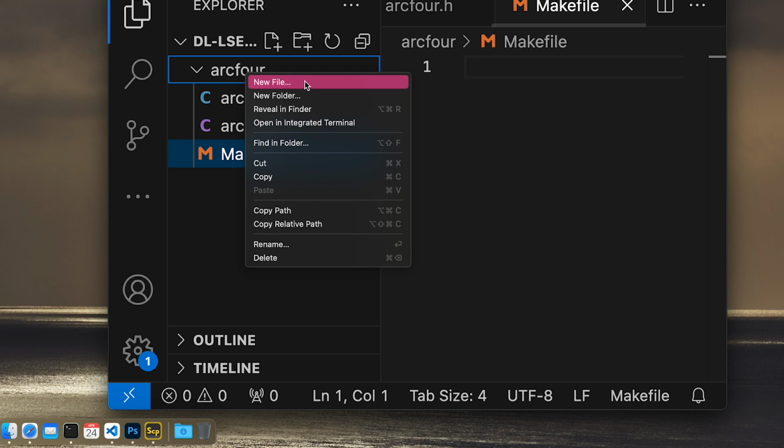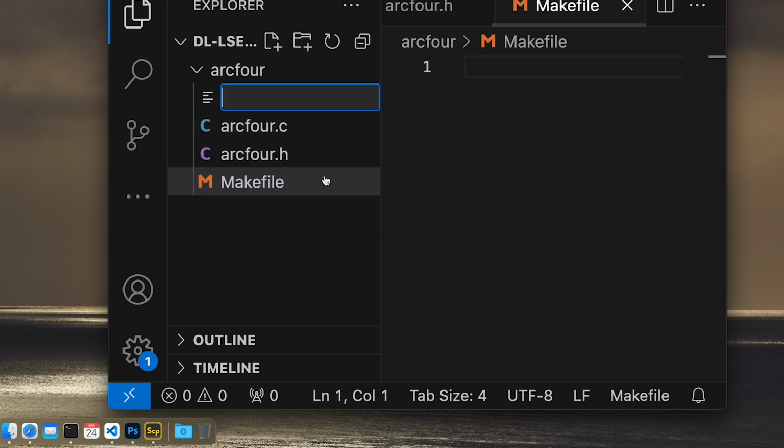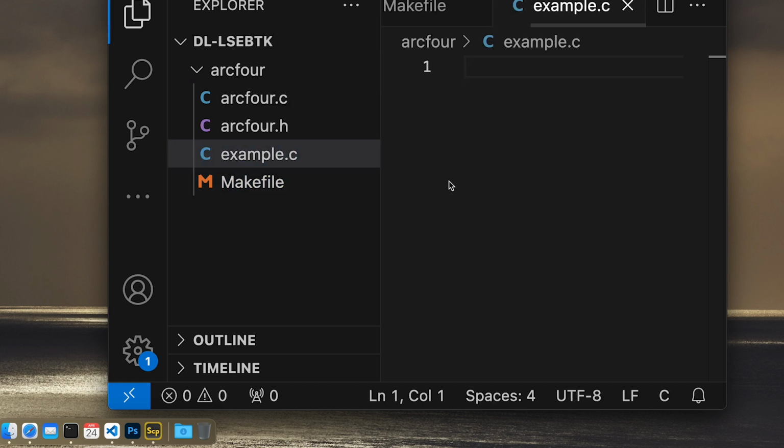We won't need this file when the project is completed. But as we are implementing this encryption, it will be easier if we have an example program which we can use to try things out. And I will call this example.c